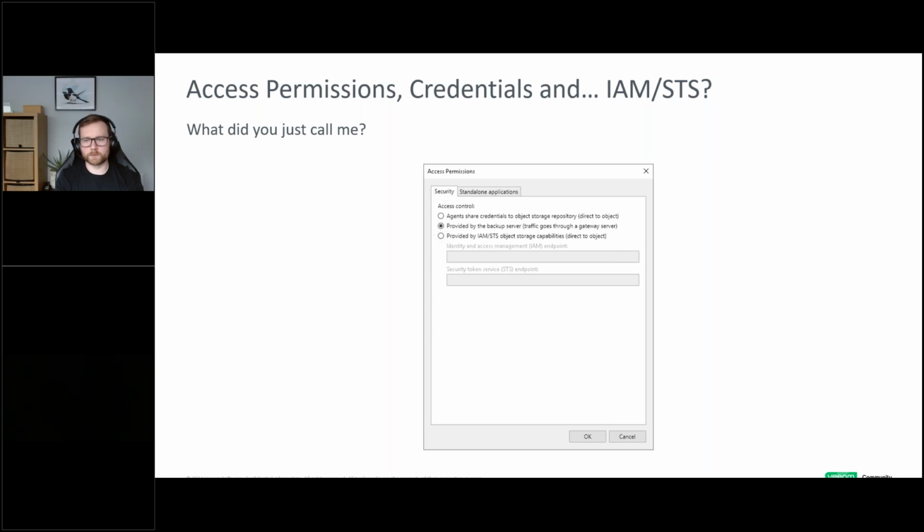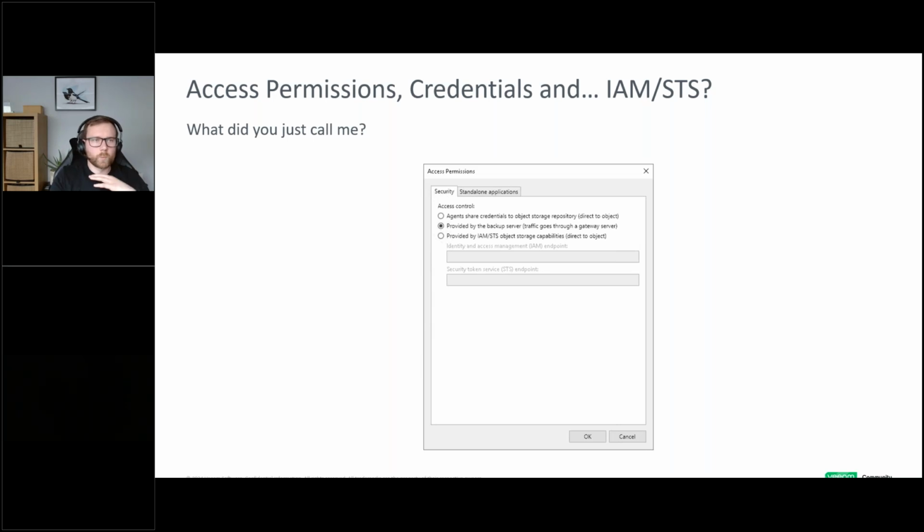So what do we do? Well, if we use the IAM STS capabilities of your object storage, be it S3, Azure, GCP, or S3 compatible, functionality exists within Veeam to segment the data. Utilizing STS, we can generate a folder per agent backup, and using our master account, we generate STS tokens for each agent, and we grant them permissions only to their own data, and it prevents unnecessary data exposure.